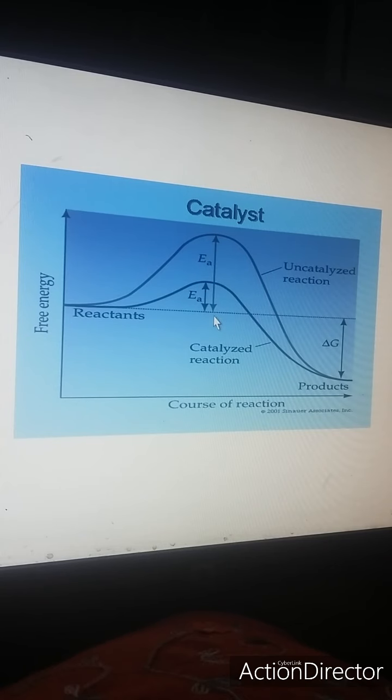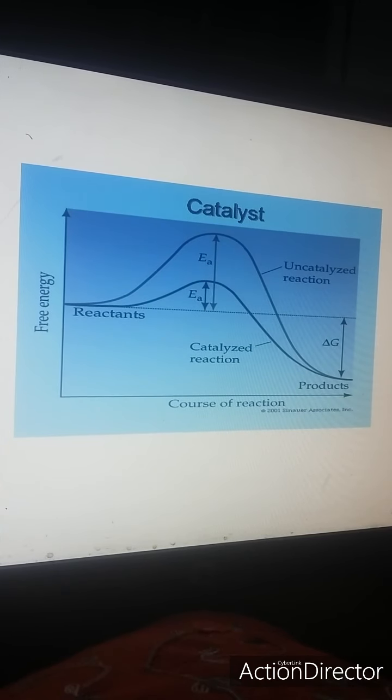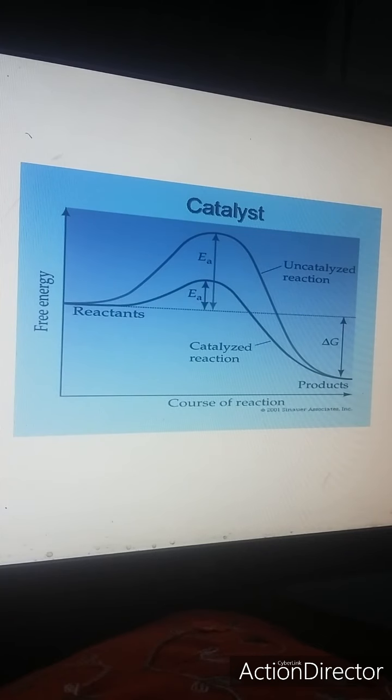This was the activation energy required for a molecule to reach the transition state. Now in the presence of a catalyst, this activation energy reduces. As a result, reactants can easily reach the transition state faster, and then they get converted into product. So the catalyzed reaction lowers the activation energy. Besides this, there is another factor, that is concentration, because on increasing the concentration, there is a possibility of more effective collisions. Therefore, the reaction will be faster.